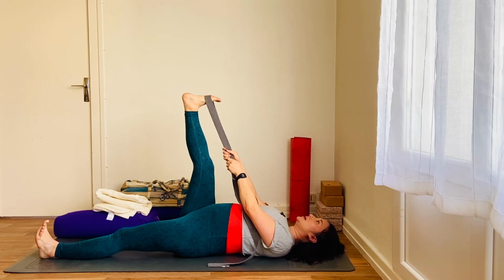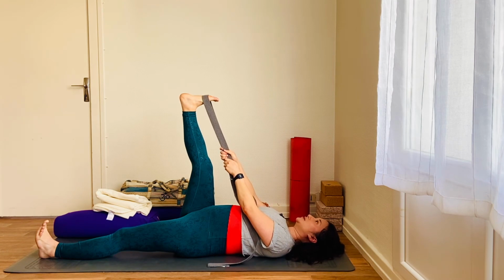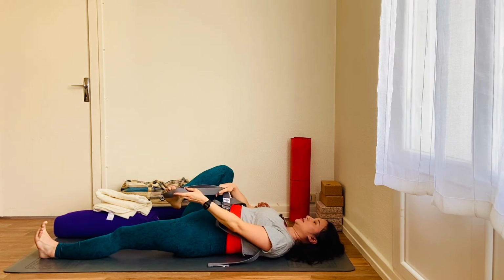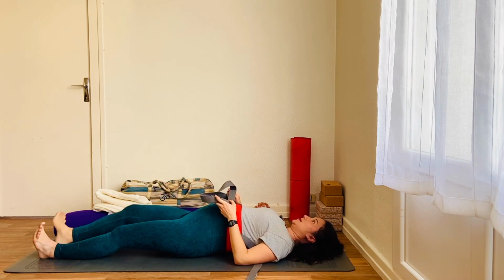Keep breathing. Arms are straight as you hold on to the strap. We're not forcing any kind of stretch in any way. We're just working on realigning the spine, easing the lower back. And you can really hold this as long as you want. But for now, just so you're not on your back for too long, let's release that right leg,